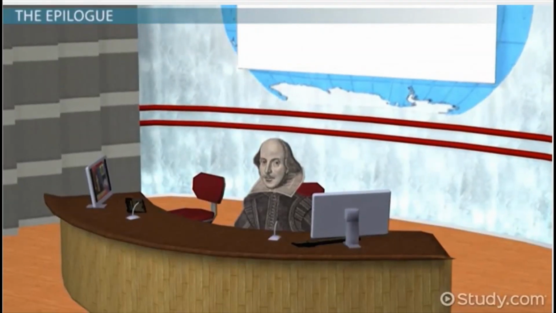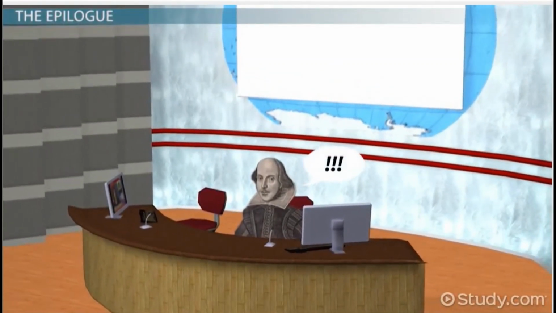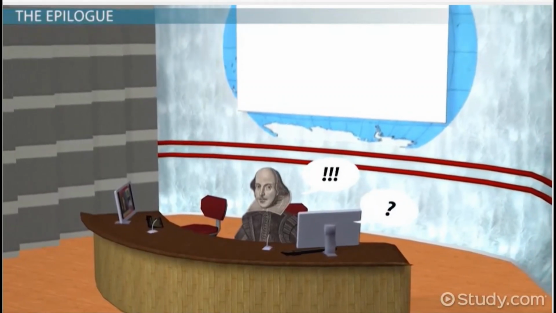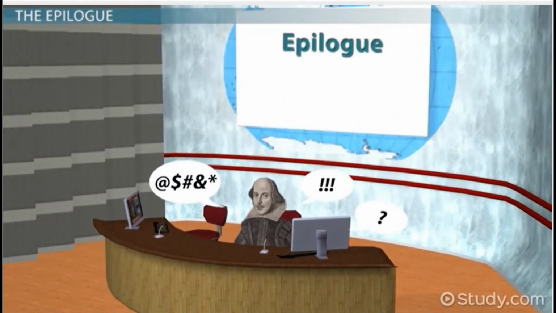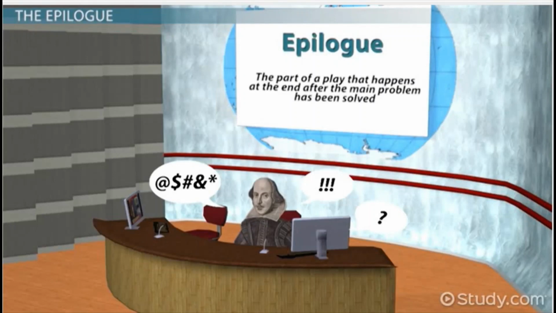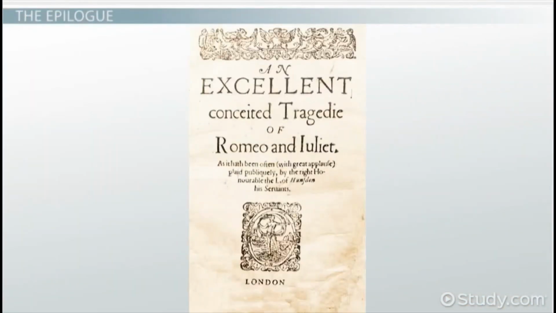In football, the post-game show happens after the game, and the commentators talk about what they learned from how the teams performed. In a play, this is called an epilogue. Epilogues are the part of a play that happens at the end after the main problem has been solved. Going back to Romeo and Juliet, spoiler alert, the main characters die in the end,